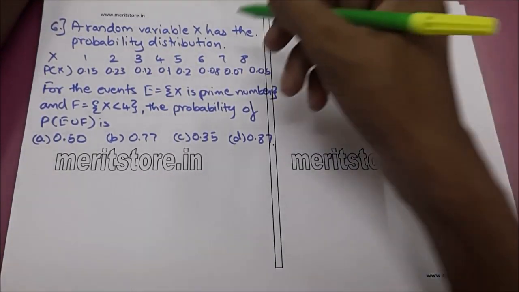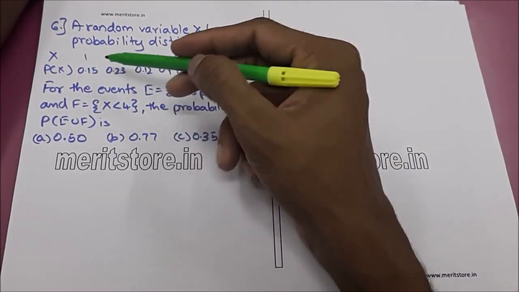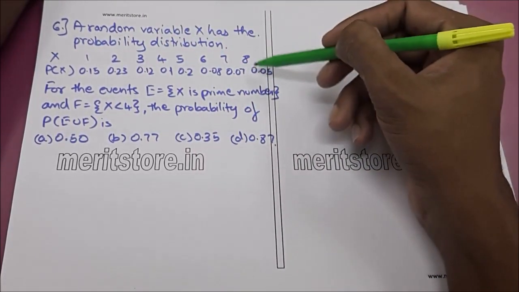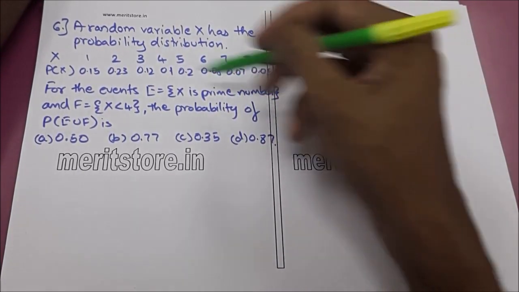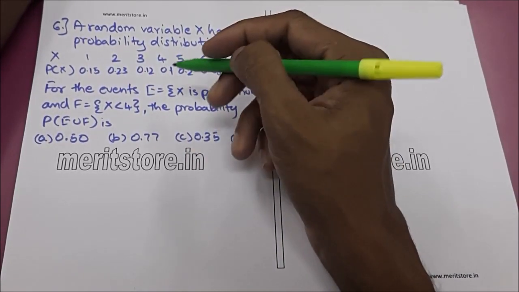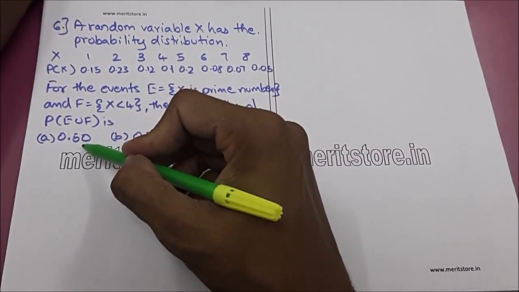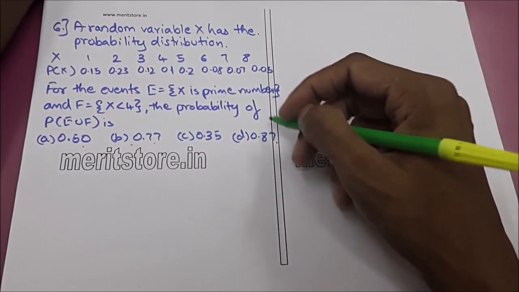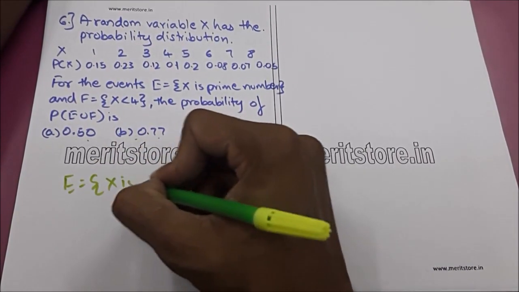Question 6. A random variable x has the probability distribution. We have a table given as x: 1, 2, 3, 4, 5, 6, 7, 8, and for every x we have probabilities. For the event E, x is a prime number, and for F, x is less than 4. The probability of E union F is, we have four options, that is A 0.50, B 0.77, C 0.35, and D 0.87. So we solve for E, that is x is a prime number,